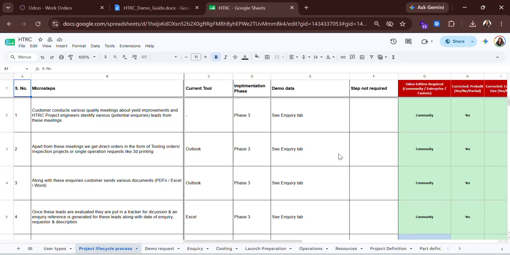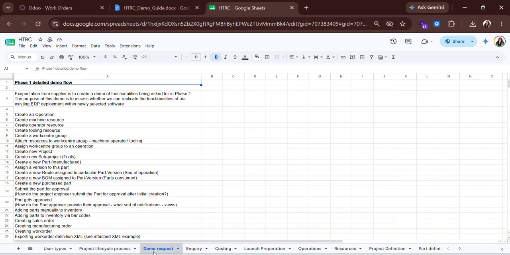Hello, this is the entire data that we have received from the HTRC group, and based on this data what we have done is we have gone through all the features and functionality and listed out all the features which are there in the community version of the Odoo platform, in the enterprise, and what needs to be custom built. So based on that we have created a demo, and here in the demo request sheet this is the flow,